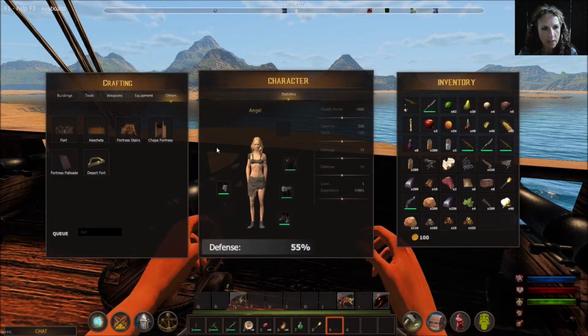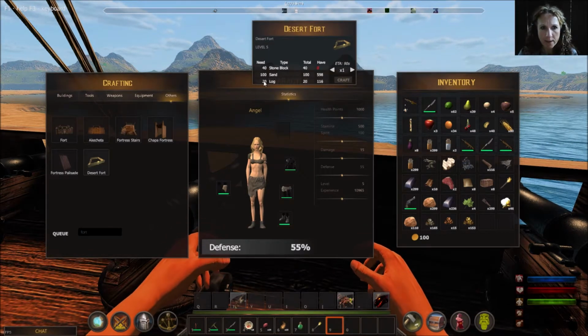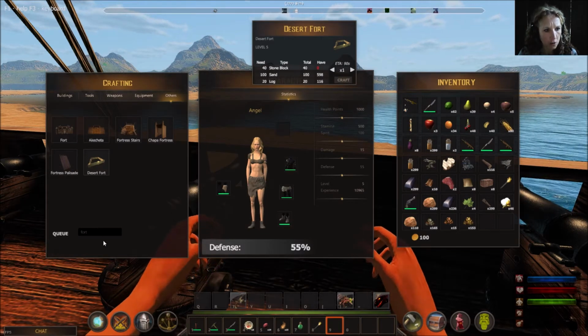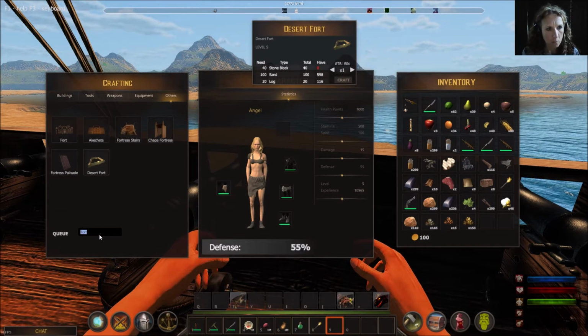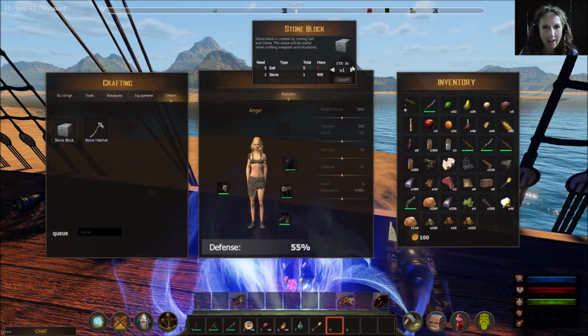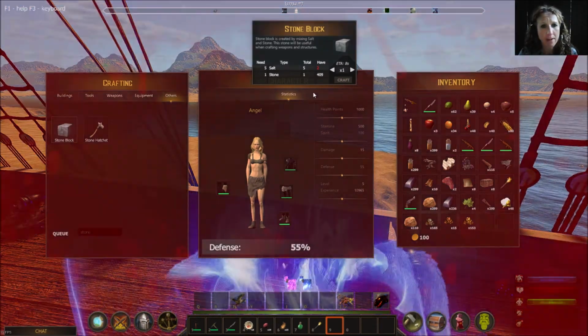But that desert fort is what we want to make. It's level 20, and we need 40 stone blocks. Now, stone block, and I've turned into the bird again. Okay, how many can we actually make? Salt, we have 2. Oh, nuts. Right, we're going to need...